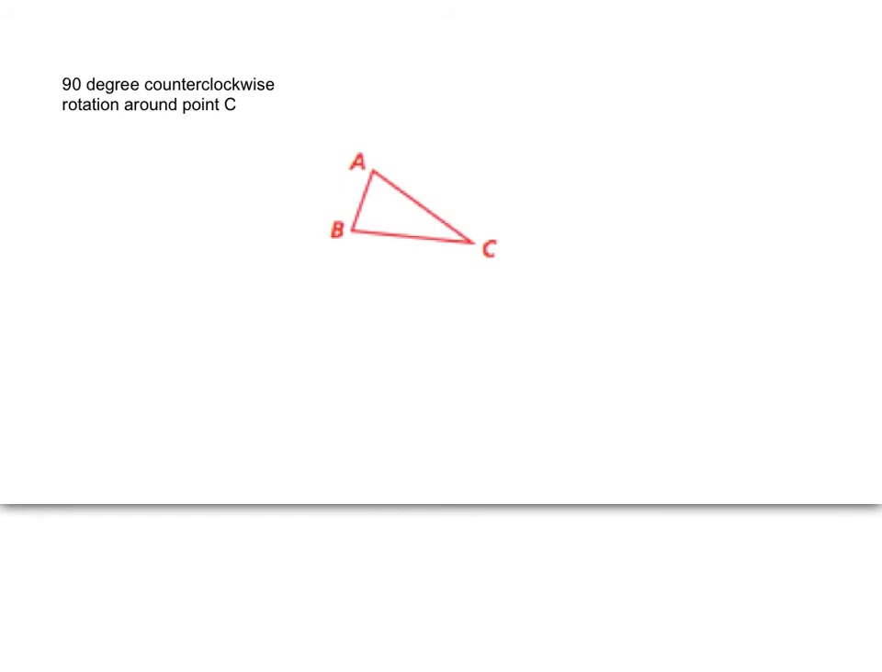Okay, now we're going to do a 90-degree counterclockwise rotation around point C. So they're telling me that my center of rotation is C, so this is the point that I'm going to look at. And if I think of a normal clock, counterclockwise is going backwards. So I want to move it